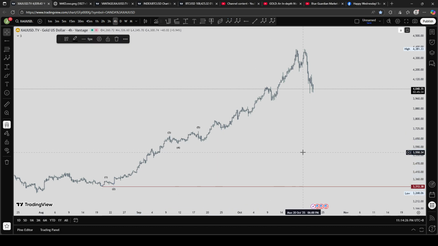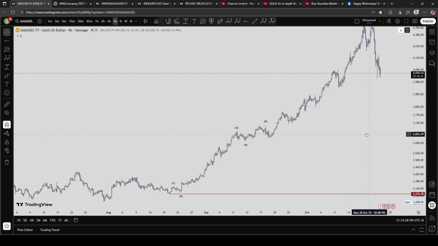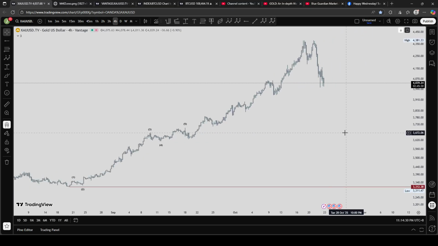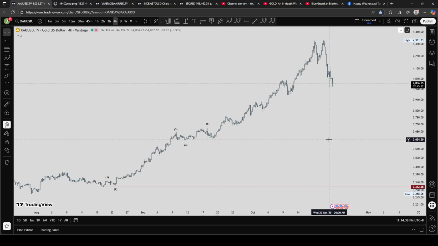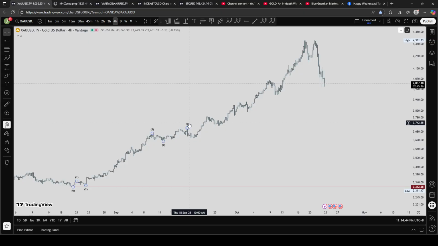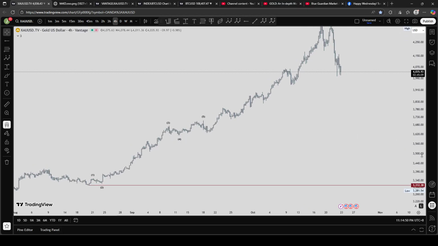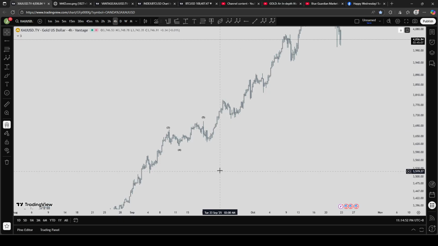However, the market did not do a correction after the fifth wave here. So what type of Elliott wave structure is this? This is called an extension of the fifth wave. What is fifth wave extension, or extension in Elliott wave theory?